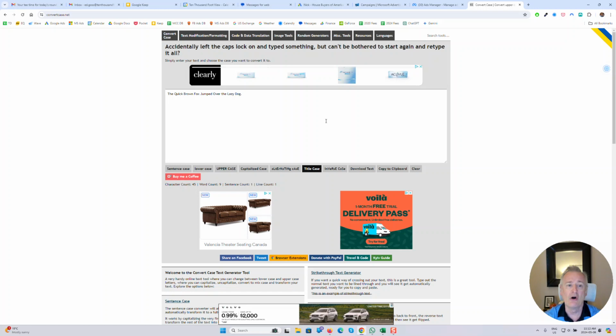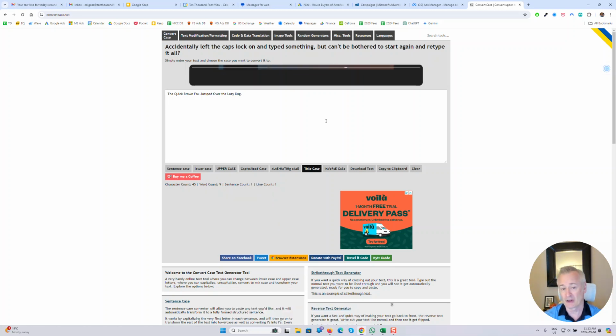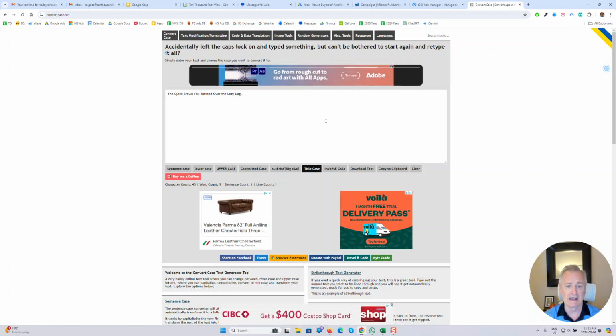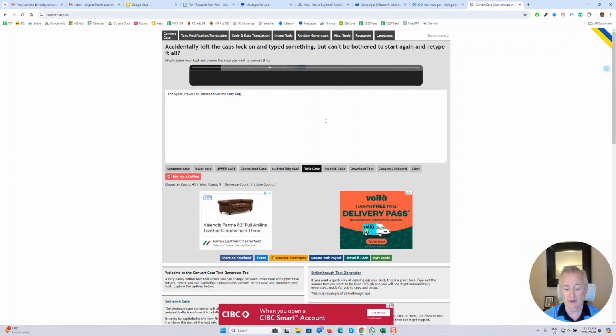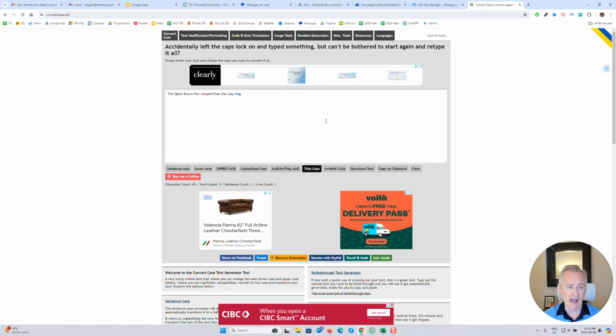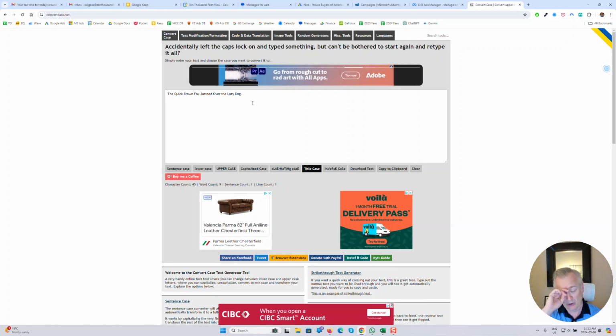But even when you know, it's just a time saver because oftentimes you will have copy somewhere else. It could be in a spreadsheet, it could be on a landing page, and you're going to grab that copy. You're going to stick it into the headline or the description of your Google ad, for example, and then you're going to have to go through and edit the first letters of every word.